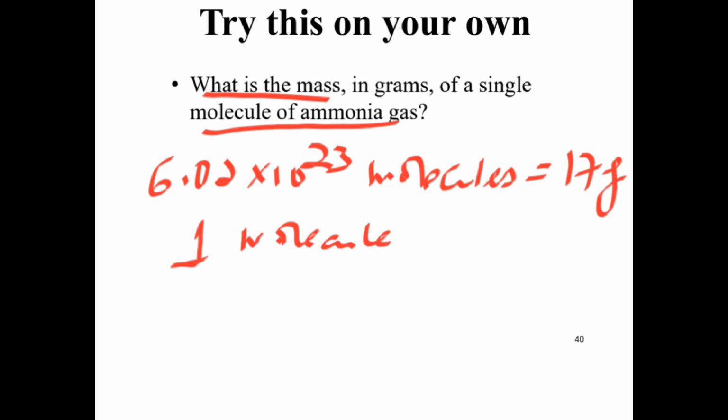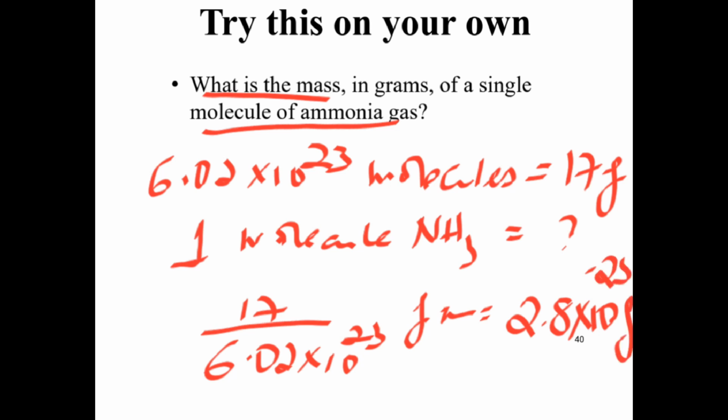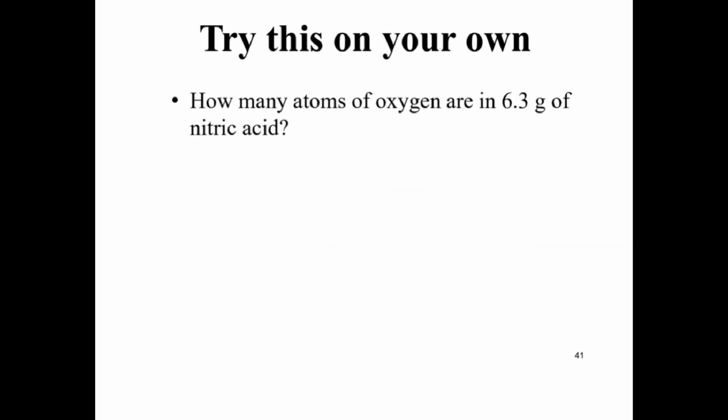ስለዚህ የአንድ ሞለኪውል ኦፍ አሞኒያ ክብደት ምን ያህል ቢሆን ነው? 6.02 times 10 to the power of 23 molecules of ammonia 17 ግራም የሚመዝኑ ከሆነ አንድ ሞለኪል ኦፍ አሞኒያ ምን ያህል ይመዝናል? ስለዚህ 17 over 6.02 times 10 to the power of 23 grams. ይሄ ሲካፈል 2.8 times 10 to the power of minus 23 grams እንላለን ማለት ነው።